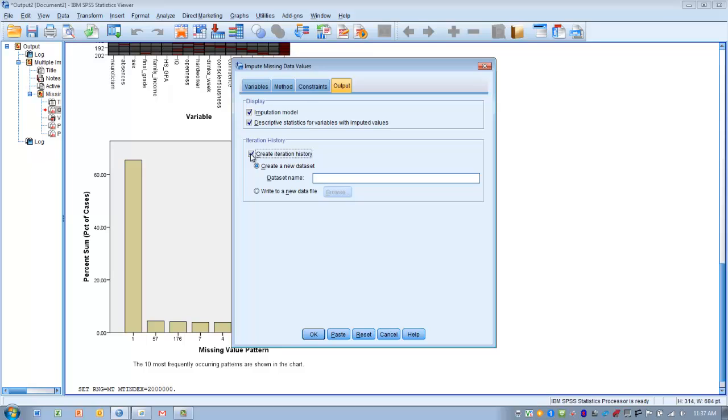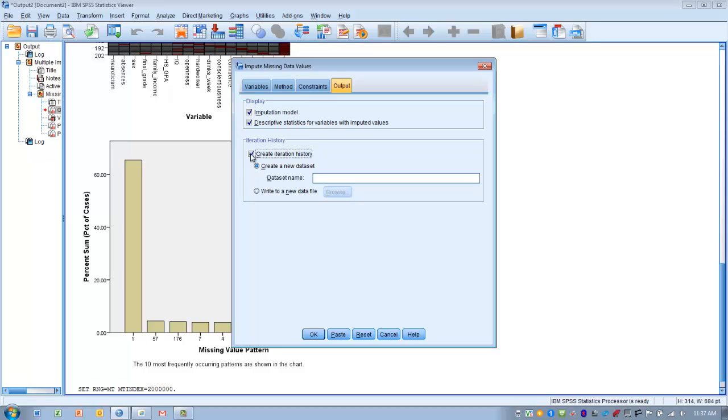So we talked about, we have 5 iterations, so we're going to see what the imputed values looked like as far as mean and variance for each of our iterations, and then we're also going to see the pooled means and standard deviations after each of those iterations. So it's instructive to be able to look at these different iterations to see how much they vary, not only from the original data, but also from the pooled data, and it just gives us an idea of how much each iteration varies from the other iterations,